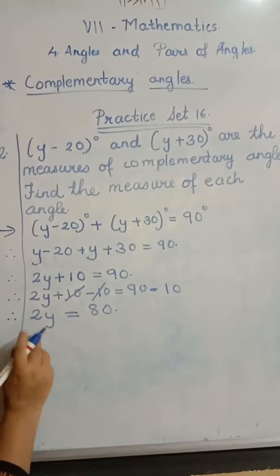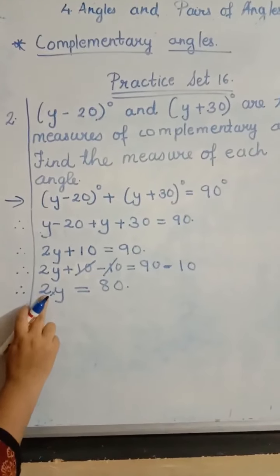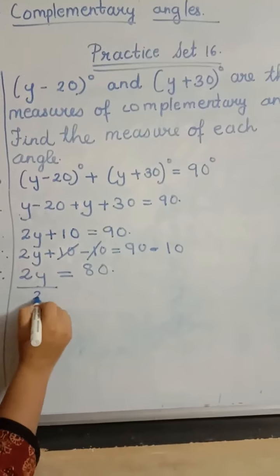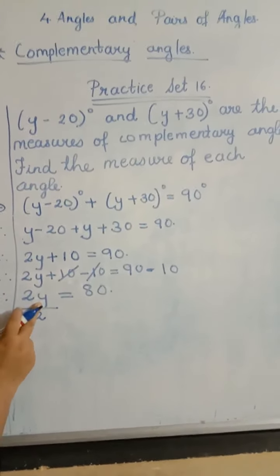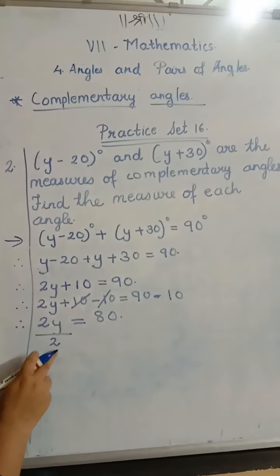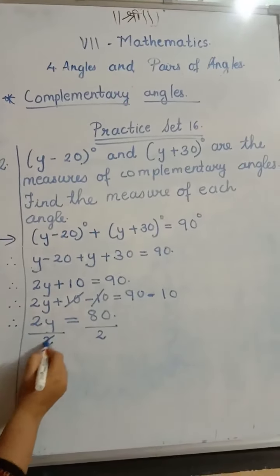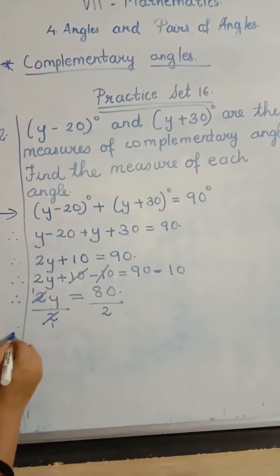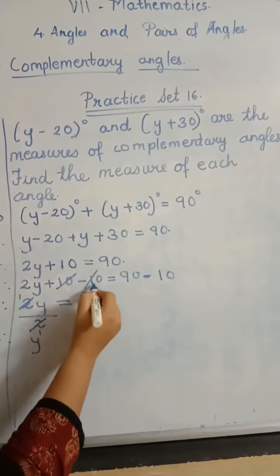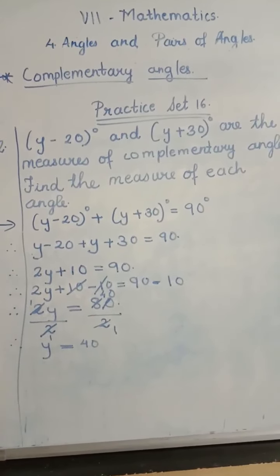Okay, children. Now what is the relation? Multiplication. Yeah, we have learned it. So what is opposite to multiplication? Division. Yeah. So now will you divide 2 on both the side? Y's value we have to find out. So 2 is there. So it is multiplied. If you have to remove it, you have to do division. So dividing 2 on both the side. This ones are. So what will remain here? Y. Other side, 2 division. 2 ones are and 2 fours are, and this 0. That is y equals to 40.